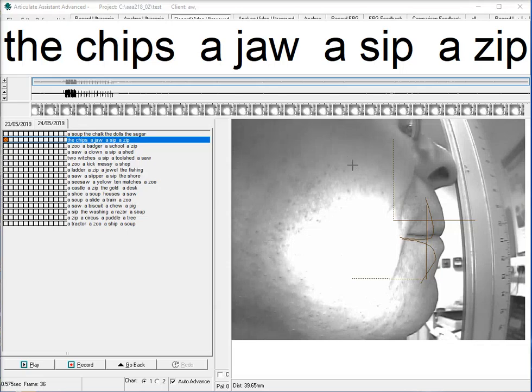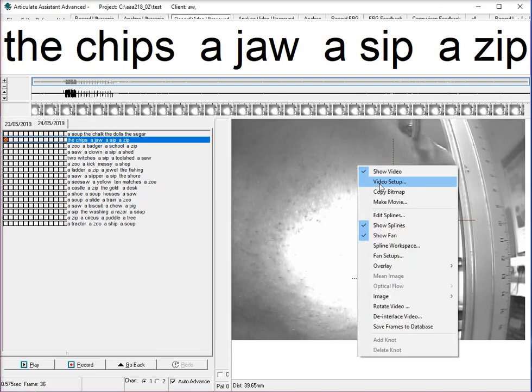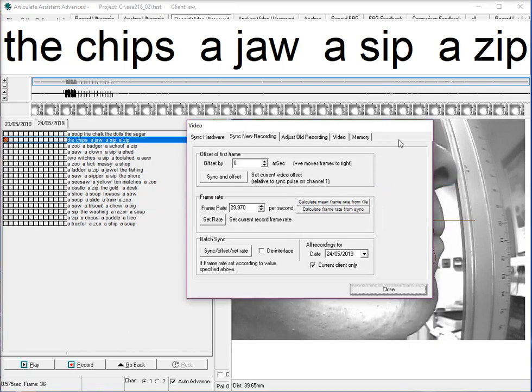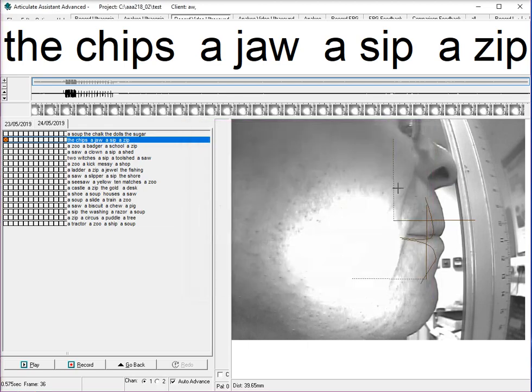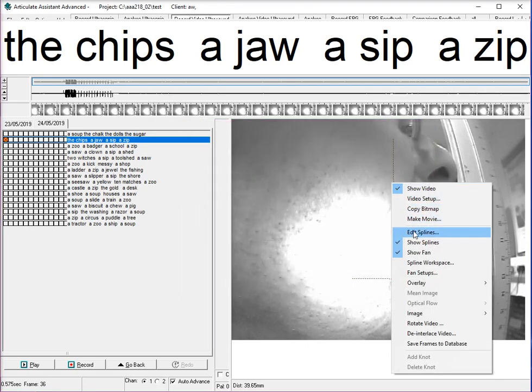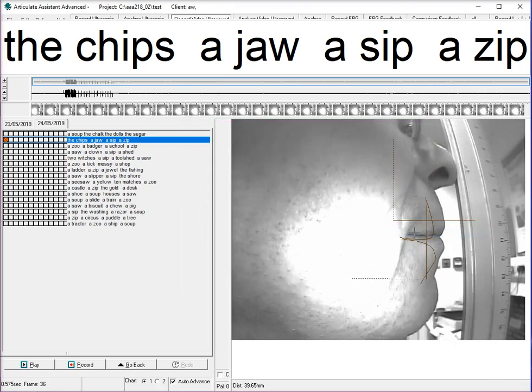One final thing that we need to do with the scaling is to then reapply that scale to the template so that when you add the template to other recordings it has the correct scaling. So if we just go back into video set, close that, go back into the edit splines,